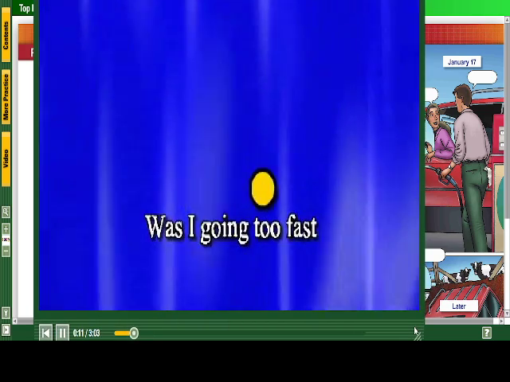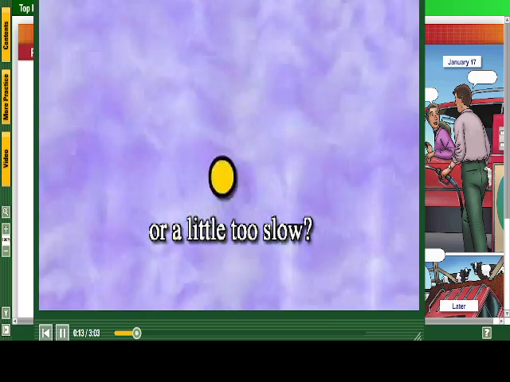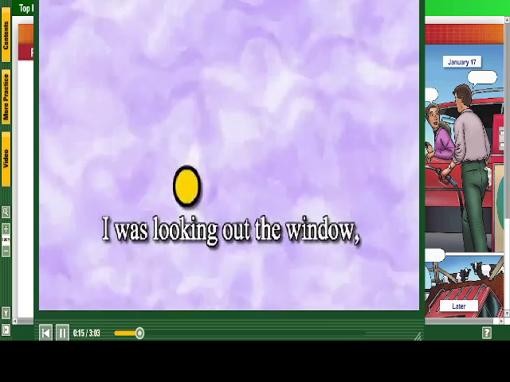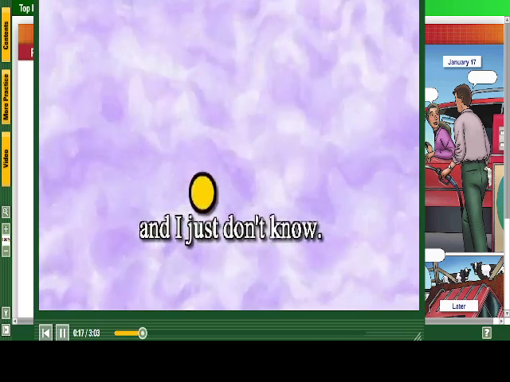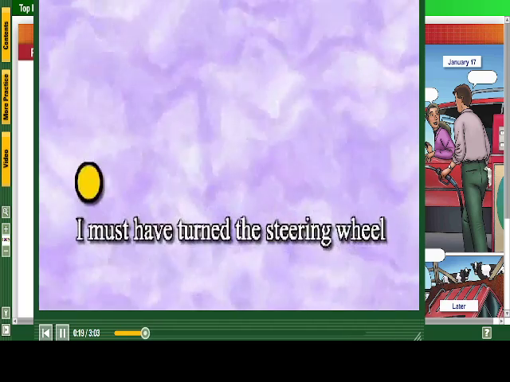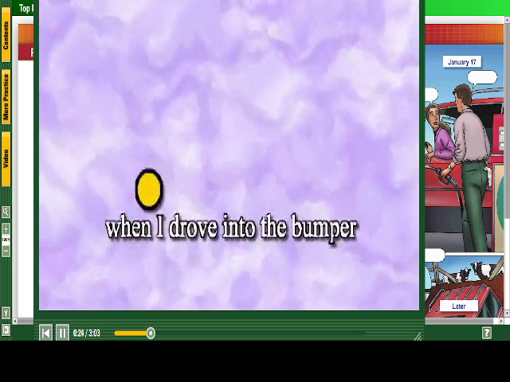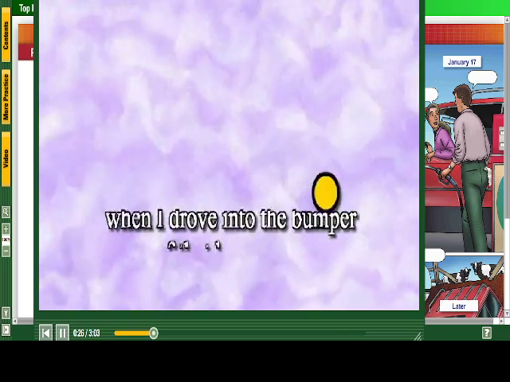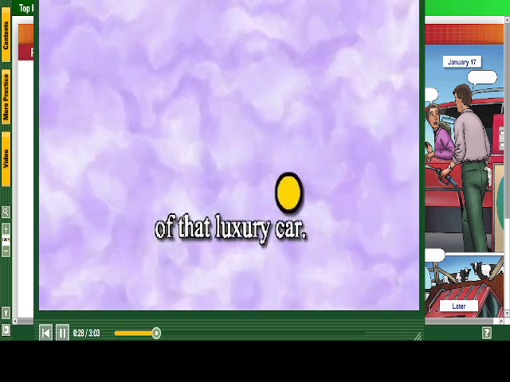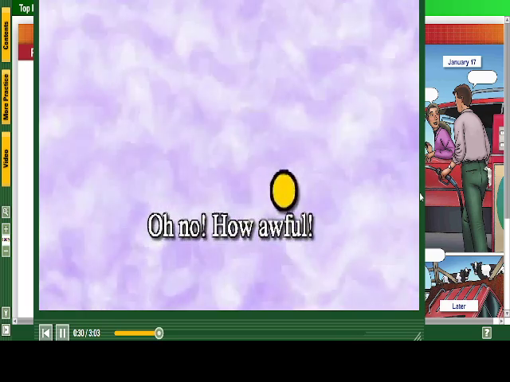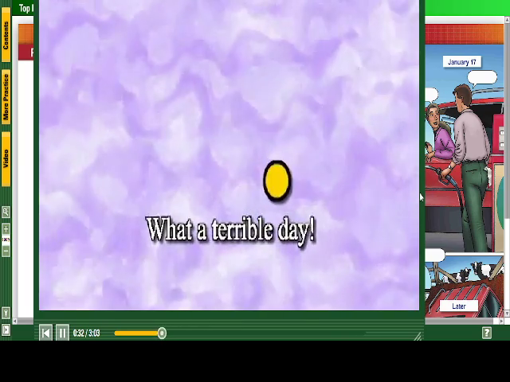Was I going too fast or a little too slow? I was looking out the window and I just don't know. I must have turned the steering wheel a little too far when I drove into the bumper of that luxury car. Oh no, how awful, what a terrible day.